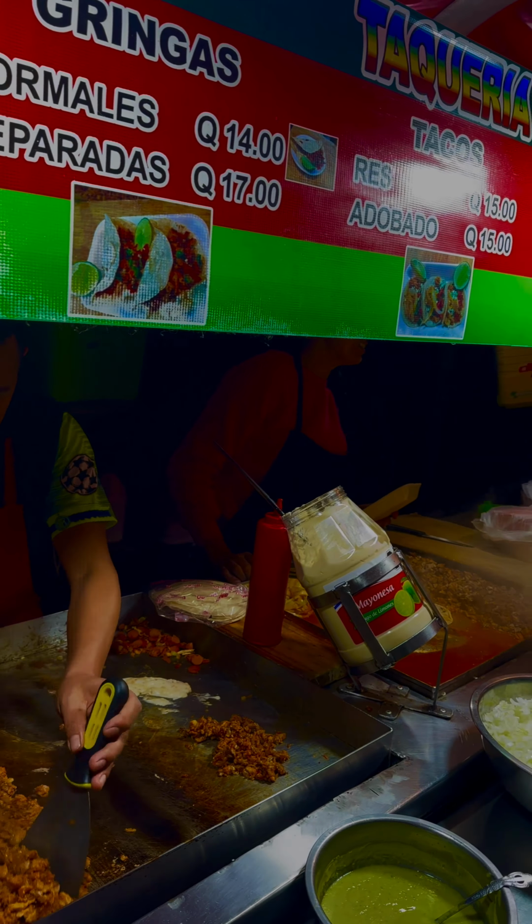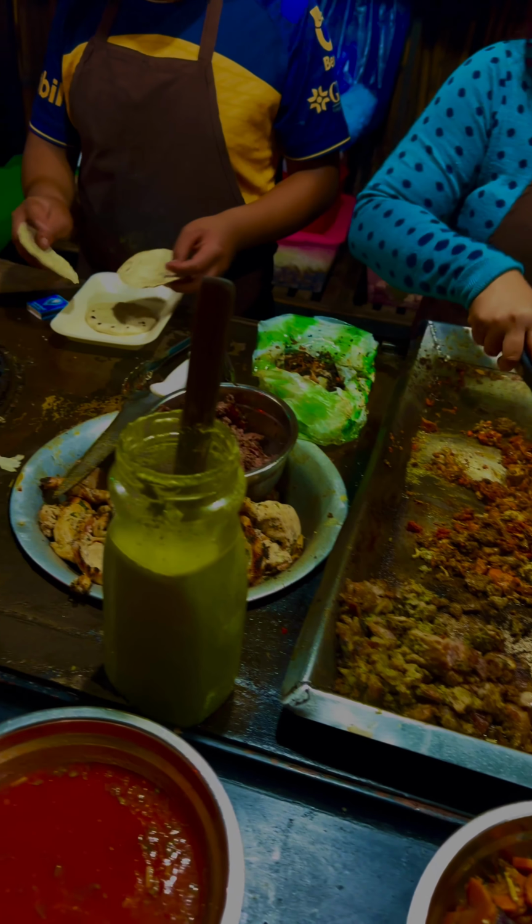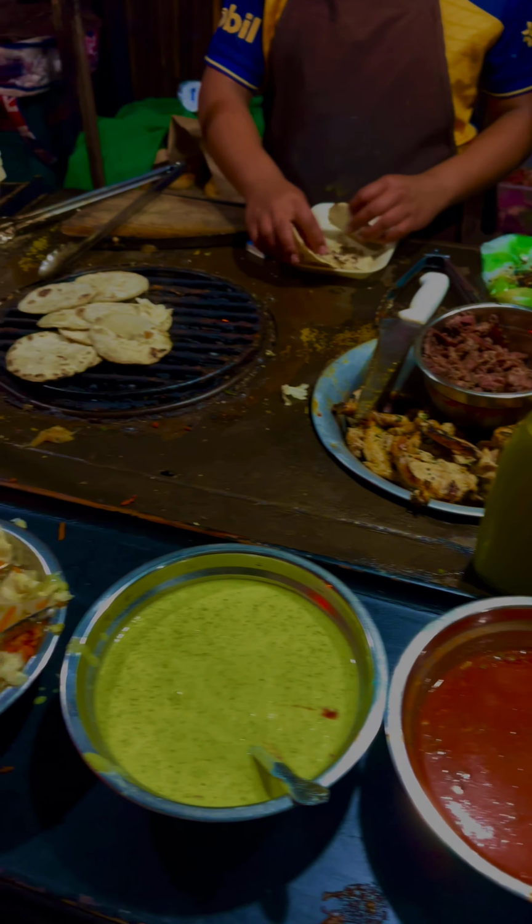And after that, we walked around a little bit. So we saw a huge church, a famous church. Supposedly this church was built way before everything, in the 1500s. And we ended up going to a third taco place where we got our last, I guess,